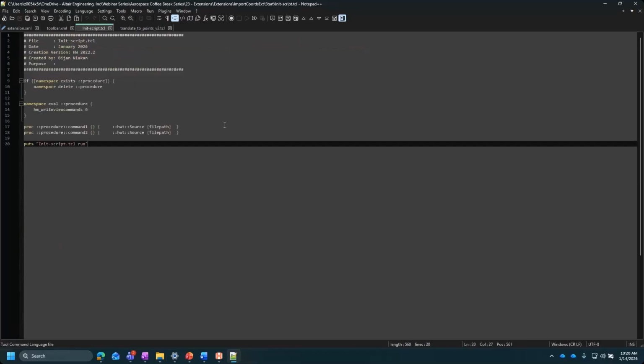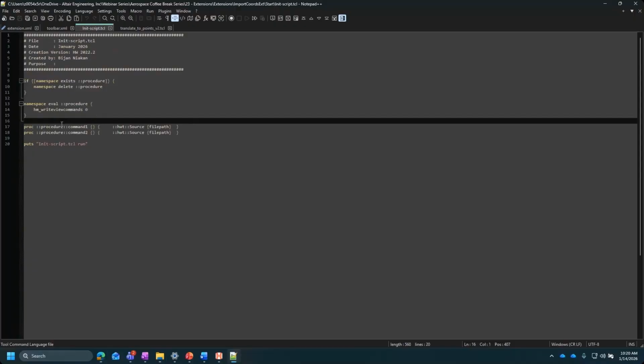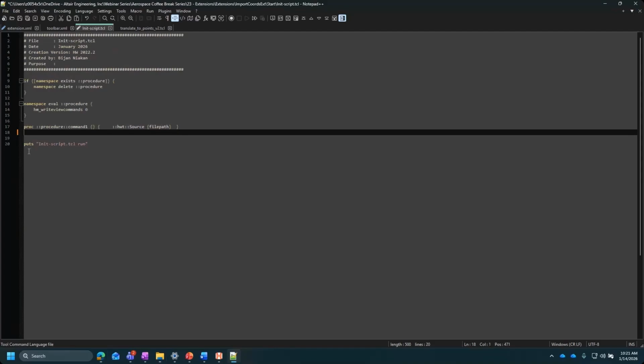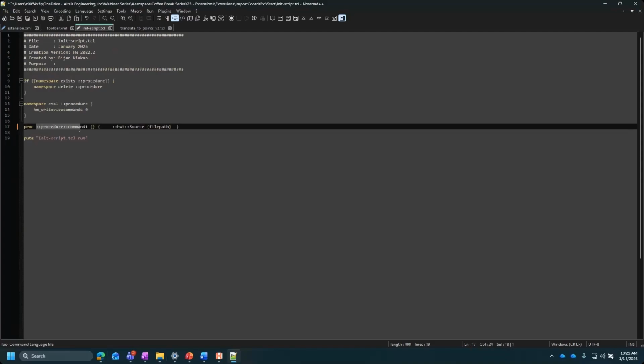Then we'll go to the initiation script. And then we'll also put that, and in this case, like I said, I'm just going to do one button, so maybe I'll just remove this one and paste in that procedure and command here. Okay, and then I'll also need to invoke the multi-trans namespace as well.